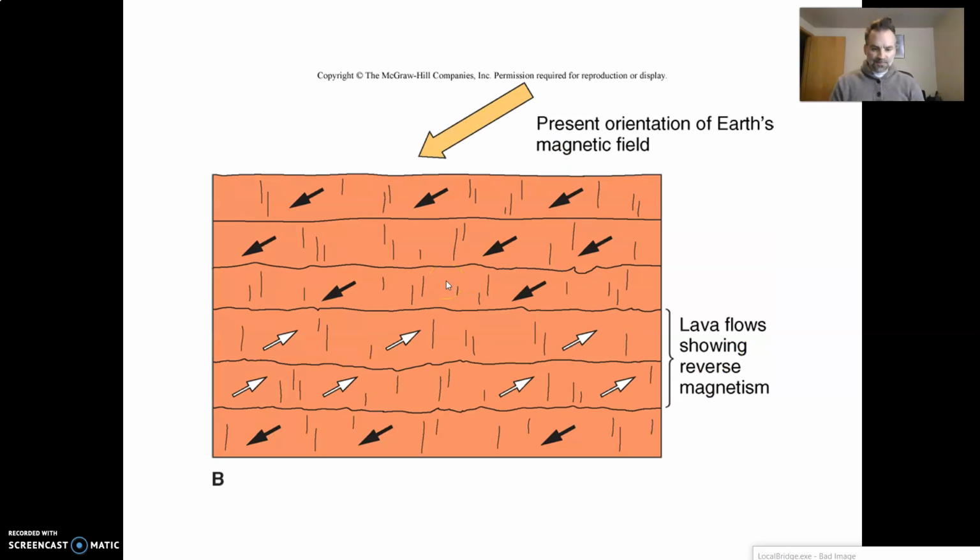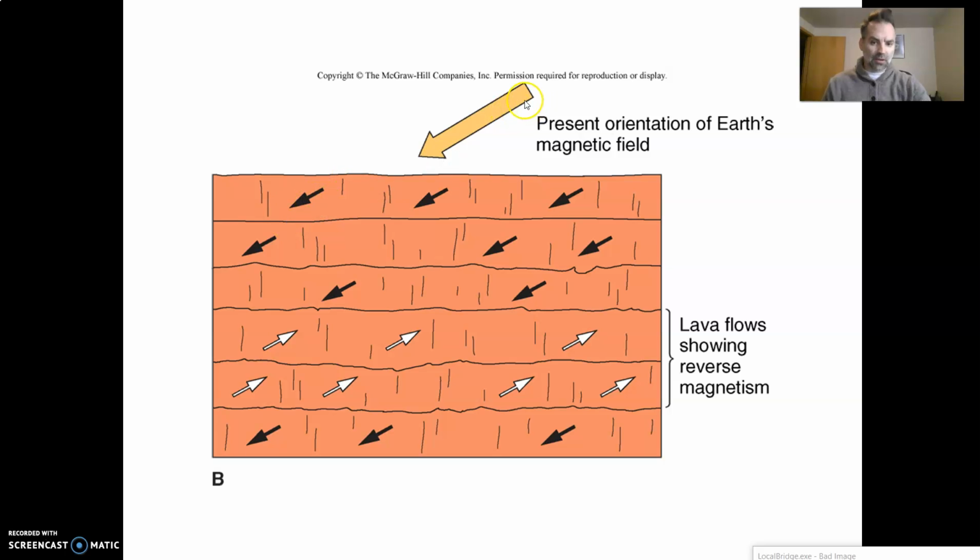I was just talking about magnetic reversals, and here's a perfect example of that. The yellow arrow represents the present orientation of the Earth's magnetic field, and this is lava flow 1, and then lava flow 2, 3, 4, 5, and 6. So there's a succession of lava flows, and in this first layer, it looks like these minerals recorded